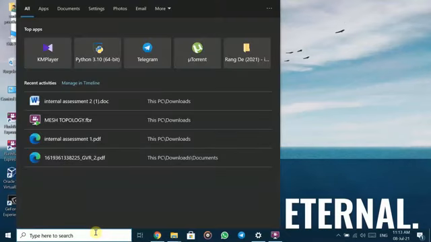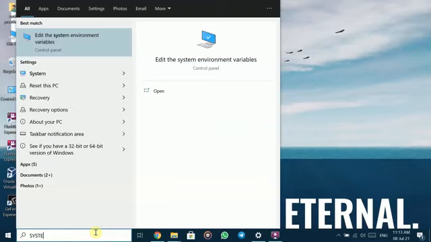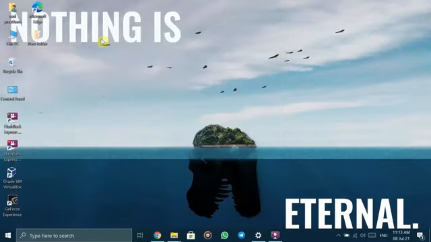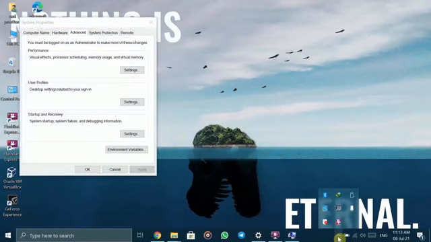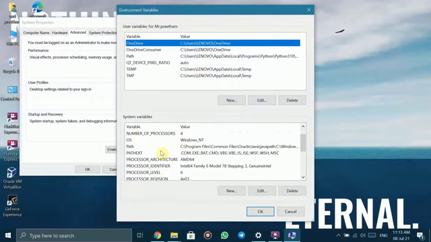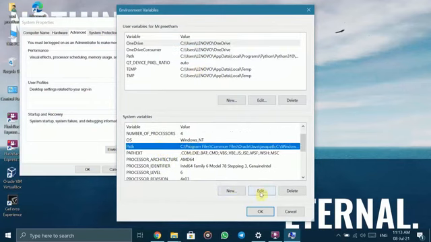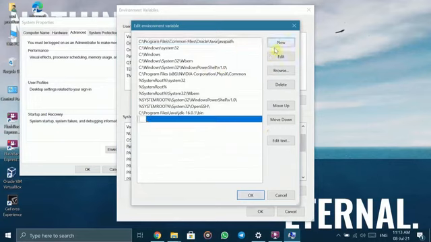In your system, search for system environment. Here you can find the environment variables. In system variables, select Path, click on Edit, and then click on New.